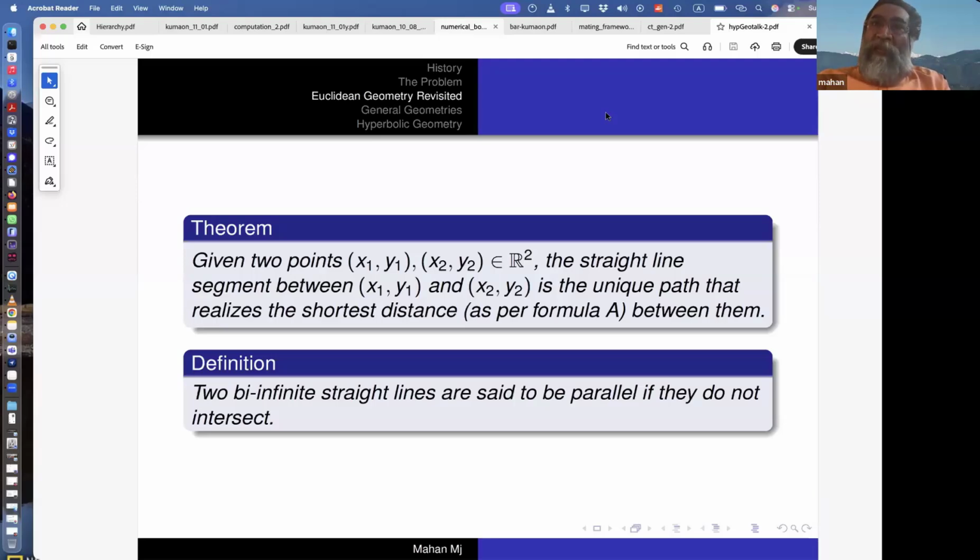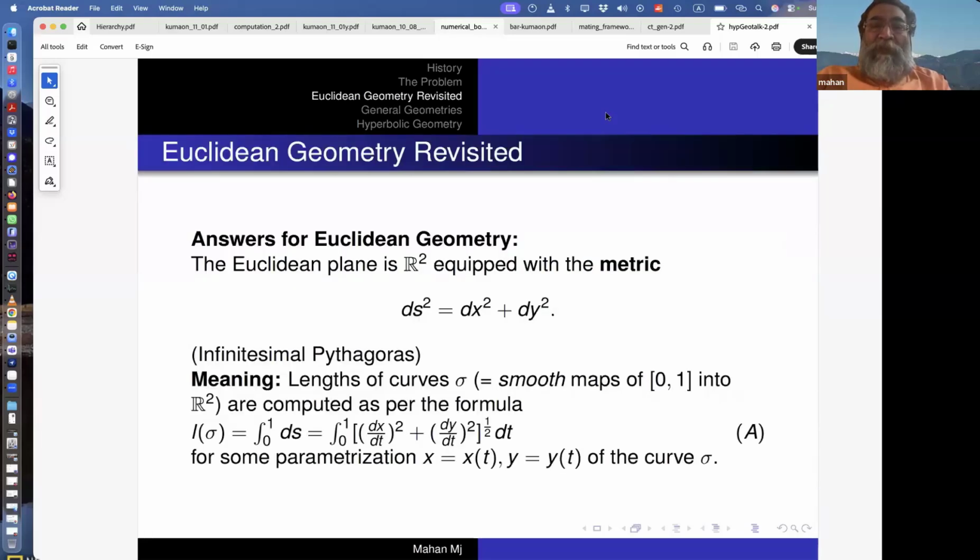So what Euclid's question now translates to, after this introduction of calculus, is whether this definition of the Euclidean plane is inevitable from the remaining four axioms of Euclidean geometry, or can they be relaxed. This means that the point of attack for the problem is now determined, and it is this simple formula that we looked at last time. We are asking, can you relax this formula, or is it inevitable from the remaining axioms?